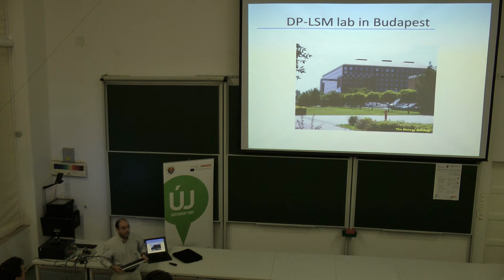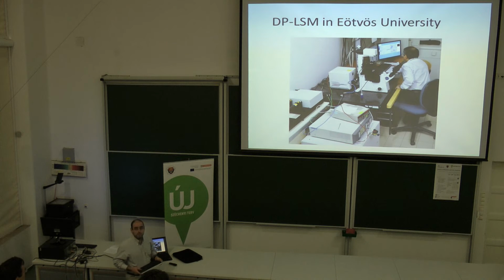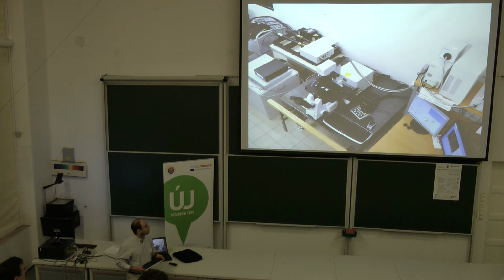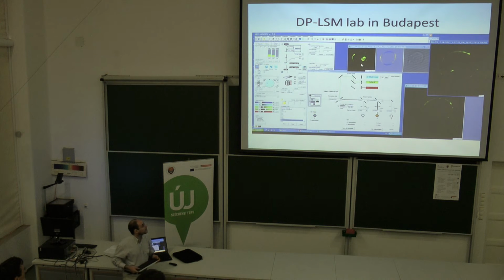images, if it's well calculated, what we will have. And I would like to show some photos about the other DPLSM laboratory in Budapest at the immunology department. It was made on an Olympus FV500 microscope, and you can see in different channels it's possible to image the different information of the measurement: longitudinal fluorescence measurement, the DP channel from the lock-in amplifier. The microscope won't know it's an external channel. So it's some special detector and nothing else, and transmission